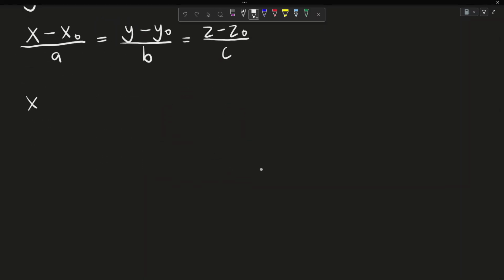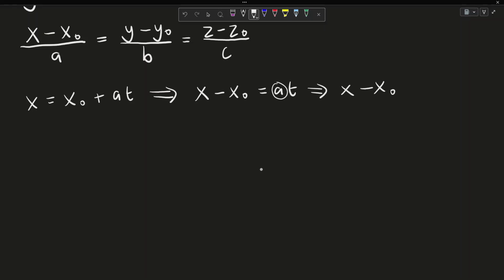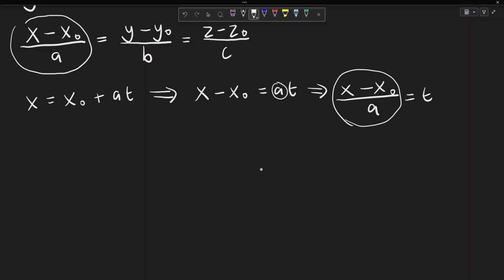So if we have x equals x naught plus a times t, we can rewrite this by subtracting x naught from both sides, which will give us x minus x naught equals a times t. We can then divide a from both sides. So this will give us x minus x naught over a equals t. As we can see, this is one part of the entire symmetric representation. Doing the same for y and z would give us